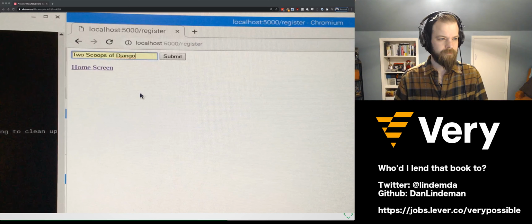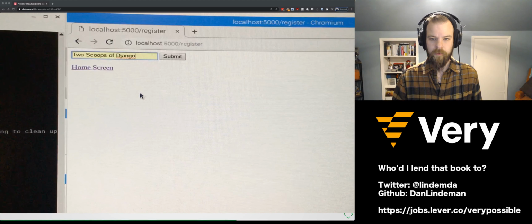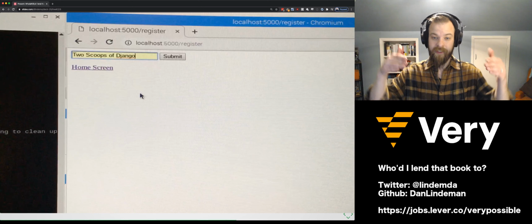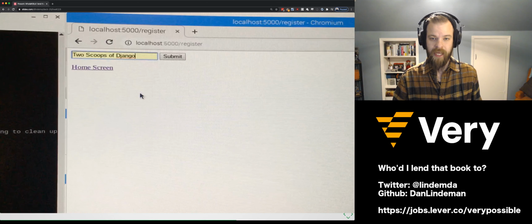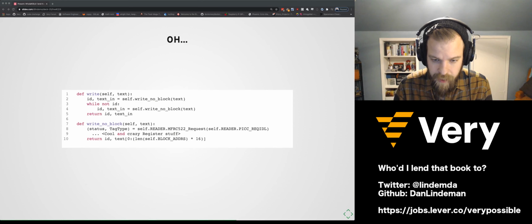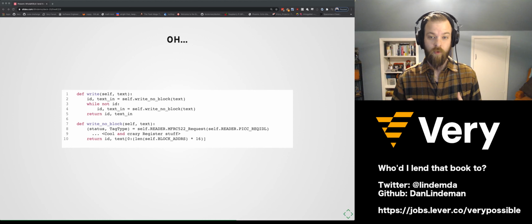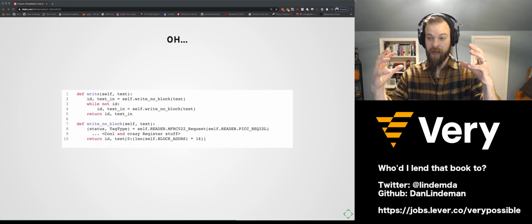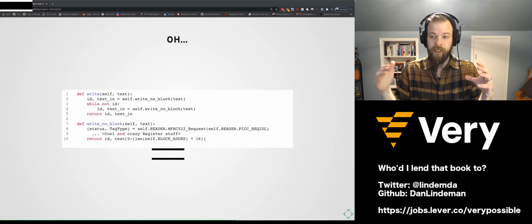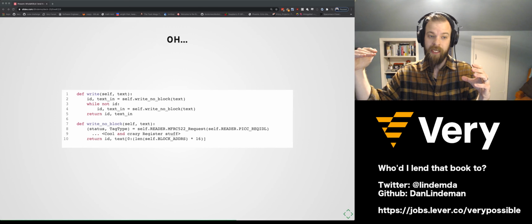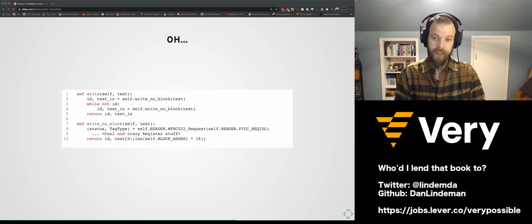So again, if we take a look at why that is, what's happening is that if we look inside the write function, we see a while loop, right? And so that's going to block. So if we look inside the write function, it's a literal while not ID, and it's basically going to hold that forever. And what Flask is trying to do is render the next thing, but this function call inside of it that's writing to the RFID tag is just holding it. So it can't actually render anything.